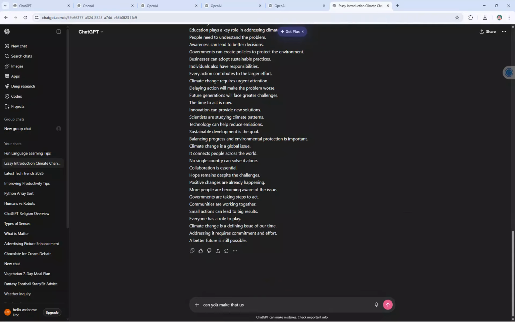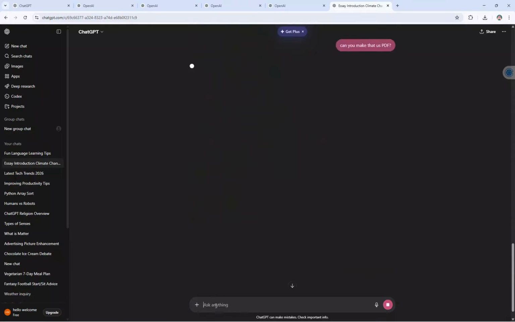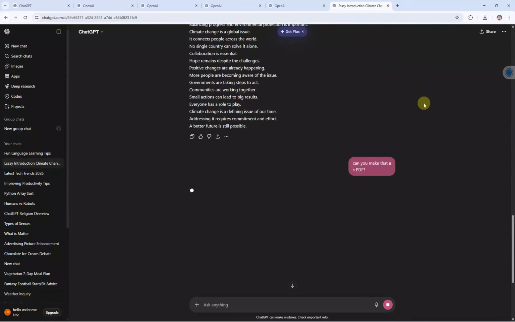If you want to add additional formatting or customize the appearance of your PDF, you can mention that in your initial request. For example, you can specify if you want bullet points, bold headings, or any other specific formatting. This is a great way to quickly and easily convert notes into a professionally formatted PDF without the need for additional software. Remember to save your PDF in a location where you can easily find it later, like your desktop